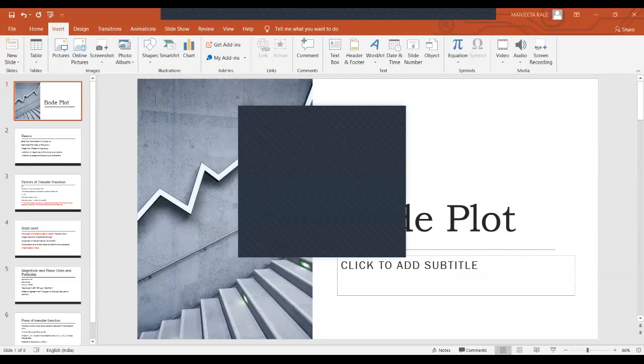So I'm starting with the discussion on Bode plot. Now, as per your request, I'll explain from scratch what the topic is all about. This is just a trial session. If this works well, if you are able to understand it properly, then we will continue with this format. Otherwise, we will try to find out something else. Is that fine?